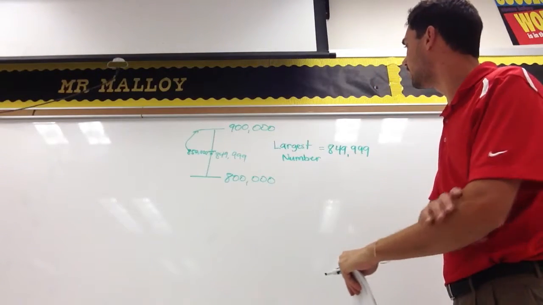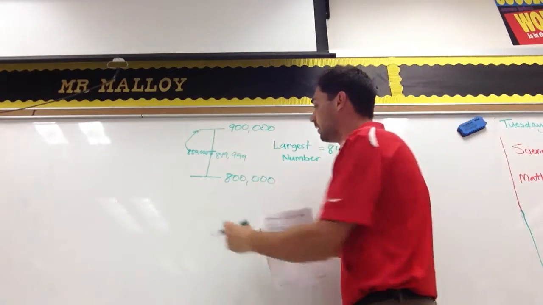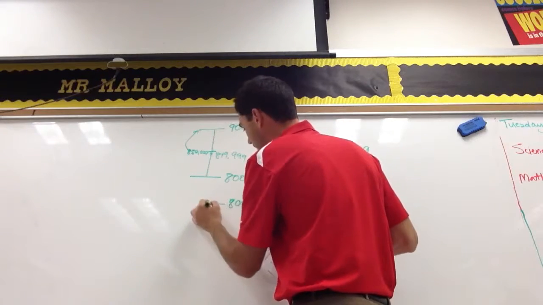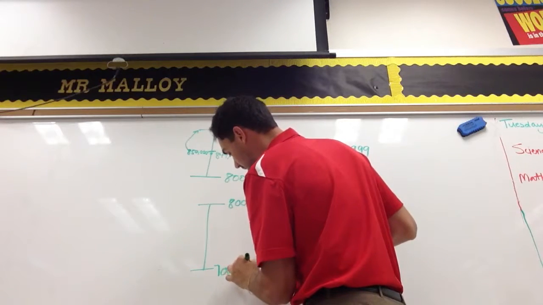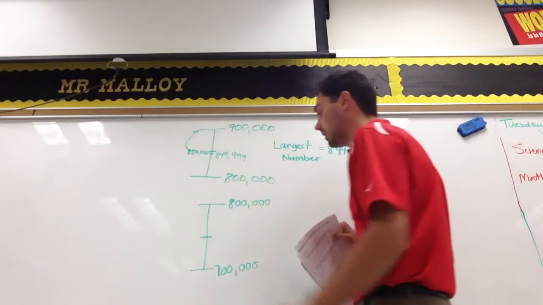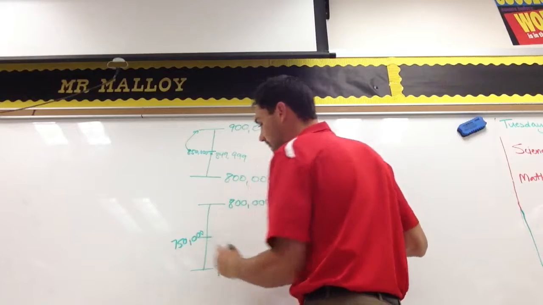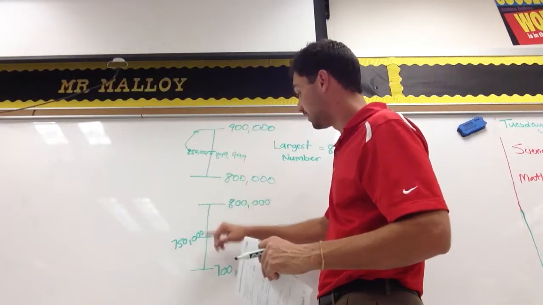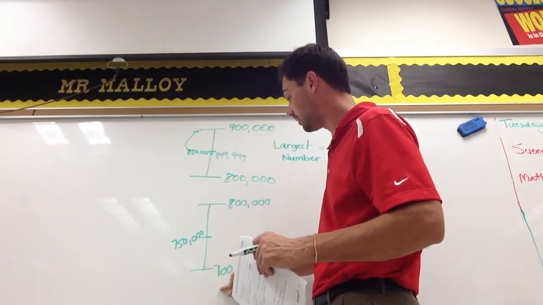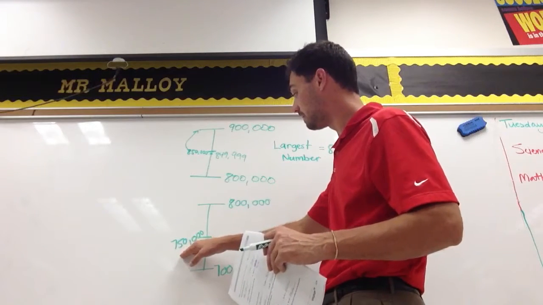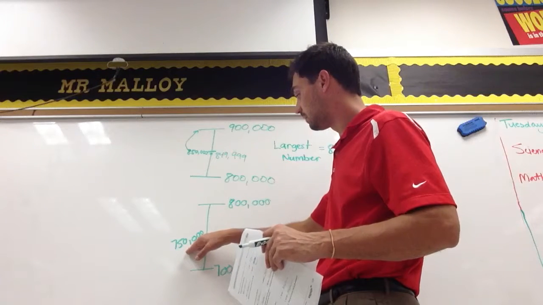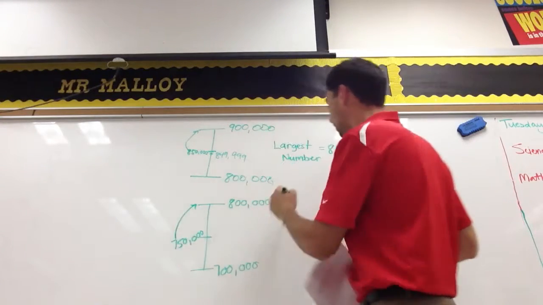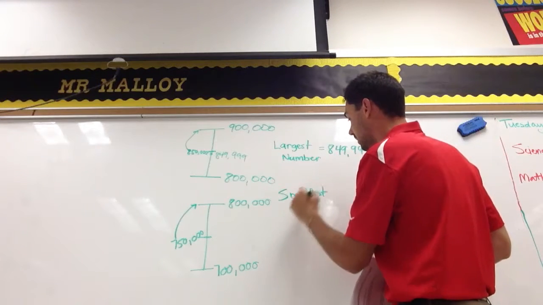Okay? And then the second part of this, we need to find the smallest number that will round to 800,000. So the low end would be 700,000. And then that halfway point again. The halfway point is 750,000. I know from this point above, everything's going to round to 800,000. From 749,999 and down, that's going to round to 700,000. Well, right there, the halfway point is the smallest number that I can have that will round up to the next 100,000th place. Okay, so the smallest number would be